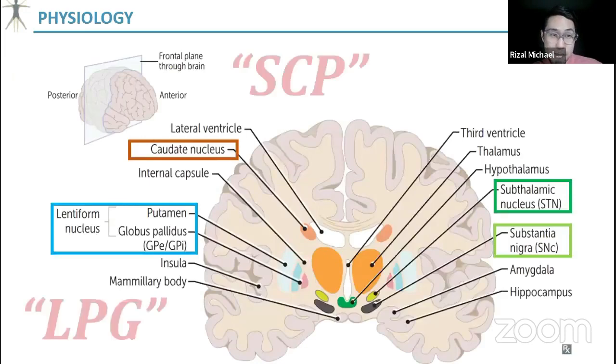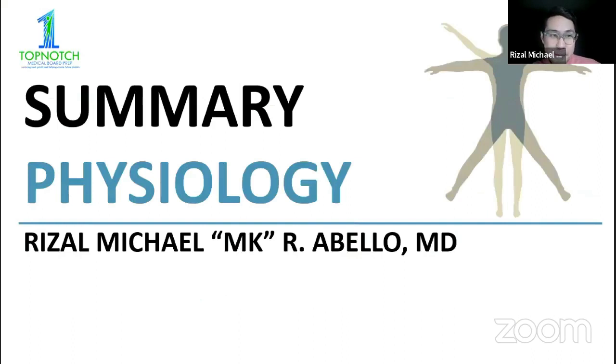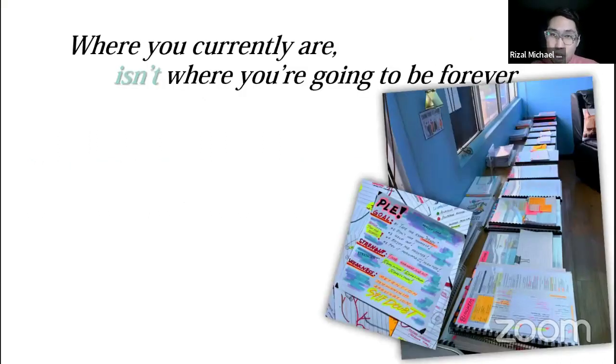Okay, so wala na tayong extra time. But I'll discuss the other parts sa Quizmaster naman, okay? Yeah, so that's the end of the summary physiology for this session. So I hope I was able to point out ano yung important and the high yields. As you can see, pagdating ng endo and GI, we fast tracked because those two systems are very straightforward. No, if you know it, you know it. If you don't know it, use your testmanship. Okay? Kasi yung other part, yung first part, doon talaga sila nagtatanong ng mga scenario and doon sila nagpapaikot-ikot ng questions.